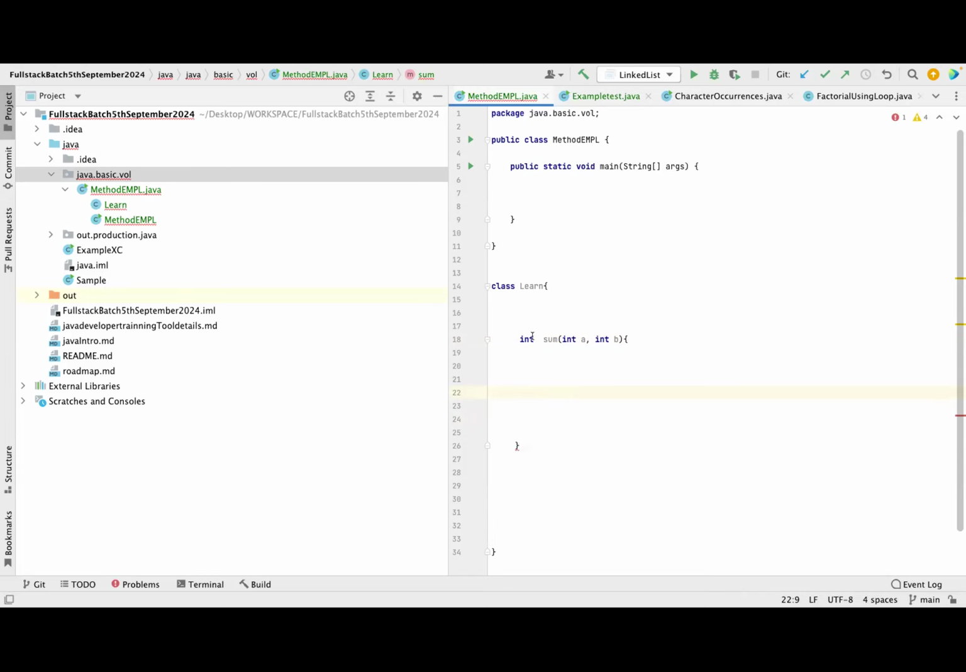It's a missing return statement. So if you mention anything other than void here as a return type, you have to return the similar thing. So let me return something. Either I directly return a value, or let me have int